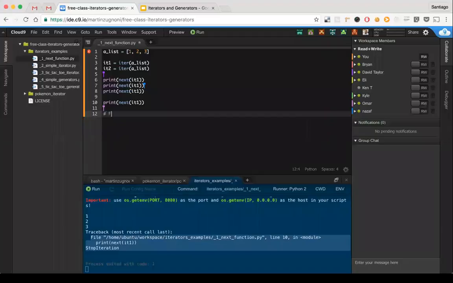So basically, if we don't have a for loop and we want to mimic it, we could do something like